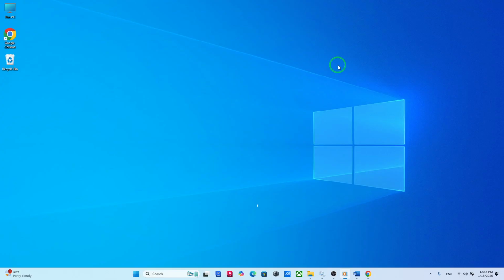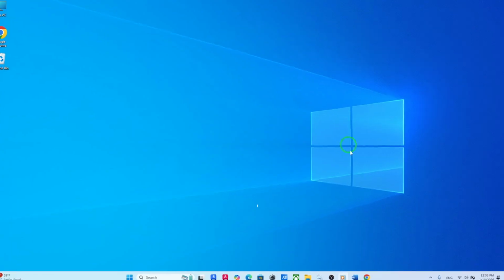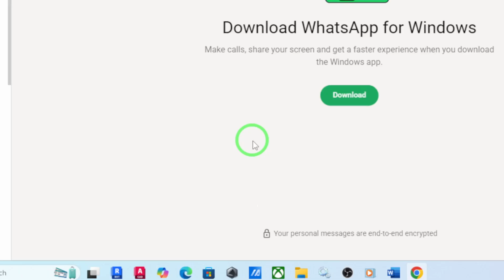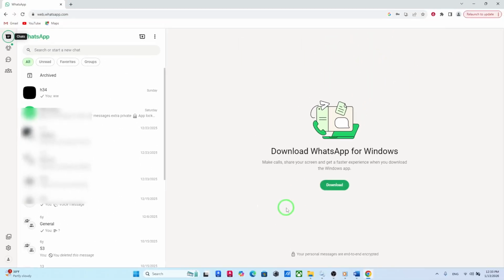First, open WhatsApp web and sign in if you haven't already. Once you're in, look to the left side of the screen where your chat list lives. You'll notice a row of icons at the top of that panel. Click on the channel icon to open your channels. This is the hub where all your channel conversations are organized, making it easy to manage what you've already seen